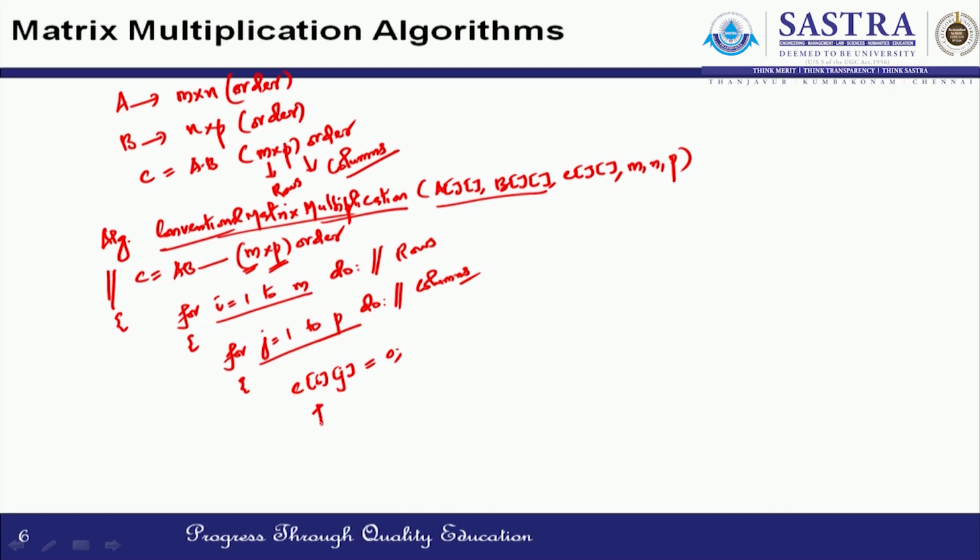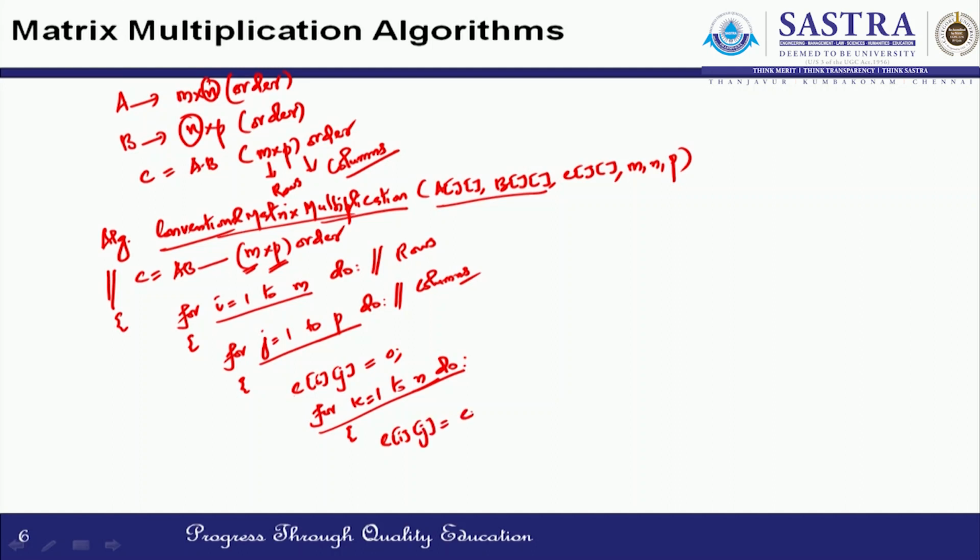Then how many elements are going to be considered in that row and column is defined using the variable k. For k is equal to 1 to n do, because this n represents the number of columns in the first matrix as well as the number of rows in the second matrix. So, for k is equal to 1 to n do, here we are writing